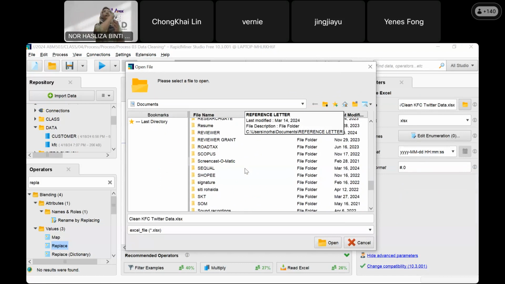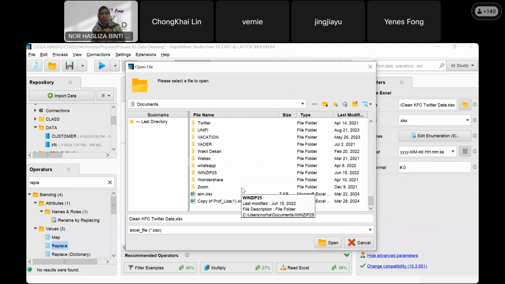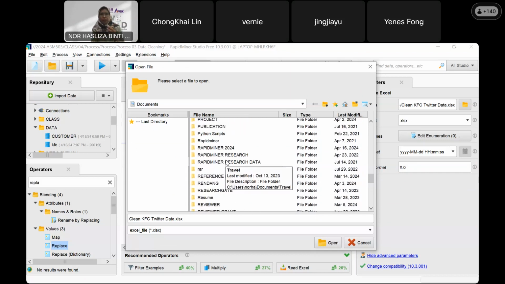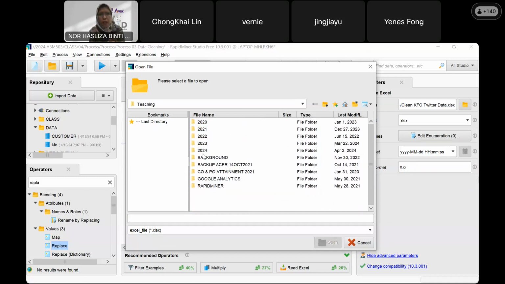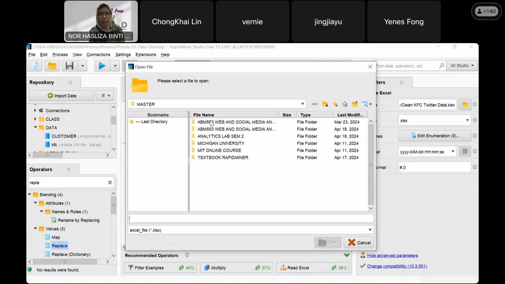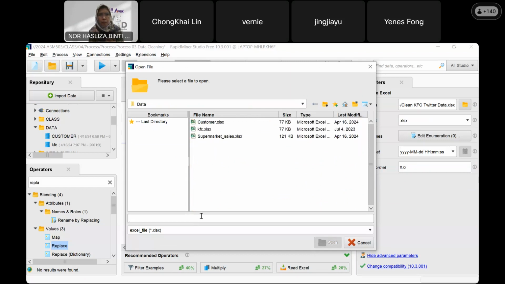Store is inside the RapidMiner folder. Because now we have two files in Excel. Clean. Now clean.